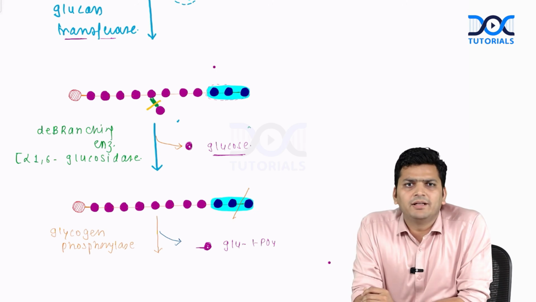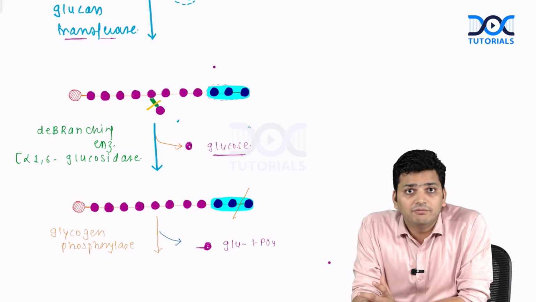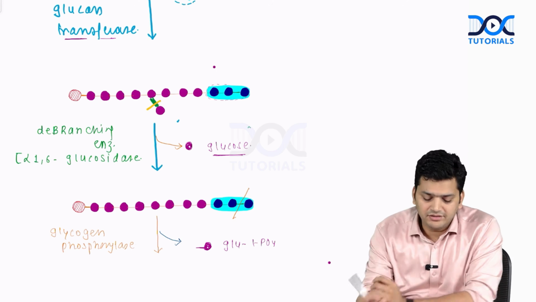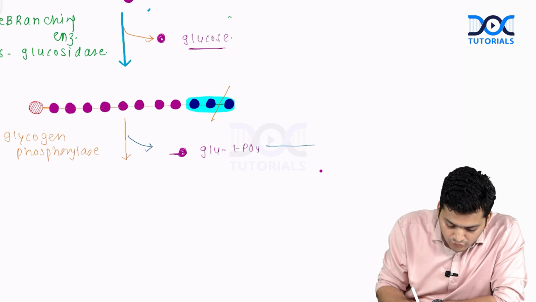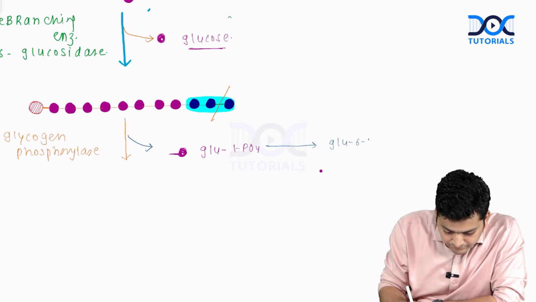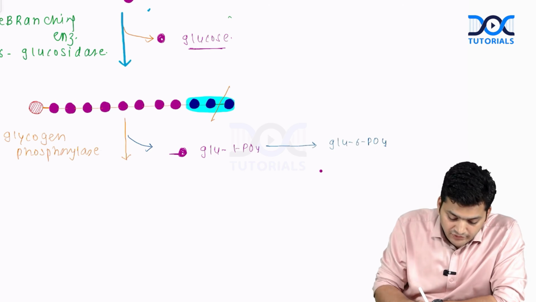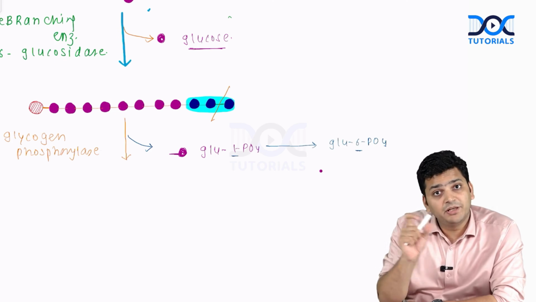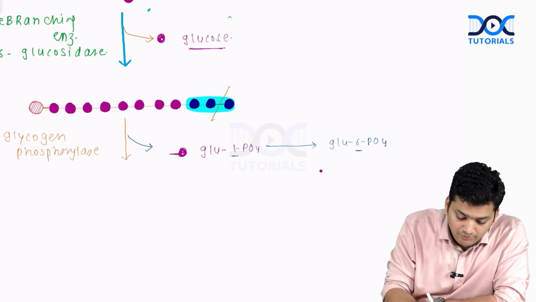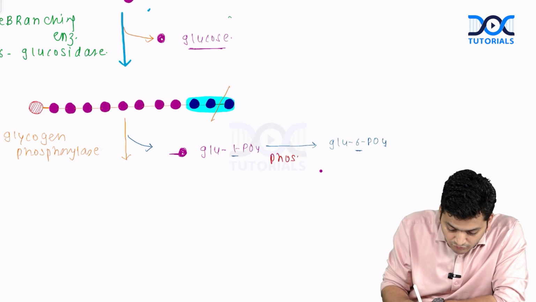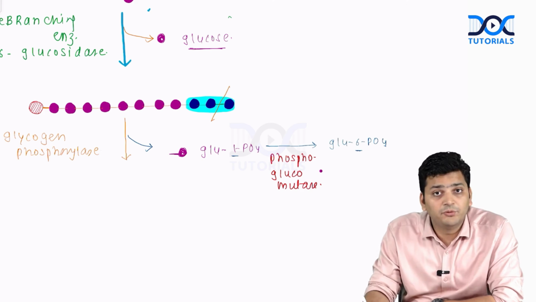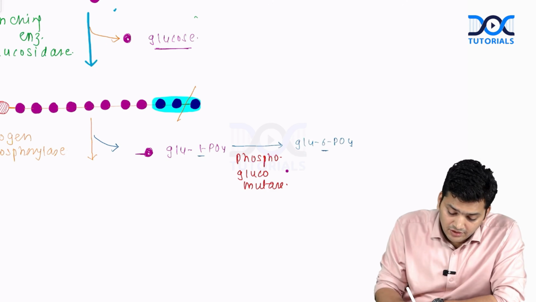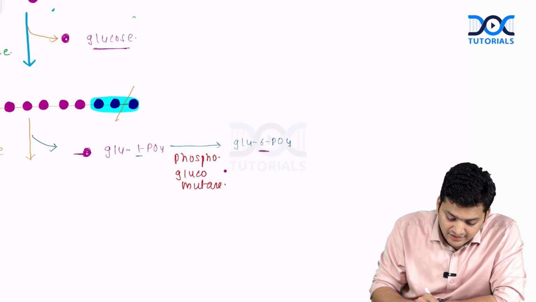See, why are you cutting the glycogen? You are cutting the glycogen because you want the energy. You are in the fasting state. How are you going to get the energy? This glucose 1-phosphate can be converted into glucose 6-phosphate. 1-phosphate, 6-phosphate: you are mutating the site of the phosphate. So what will be the name of the enzyme? Phosphoglucomutase. And the glucose 6-phosphate can then be converted into